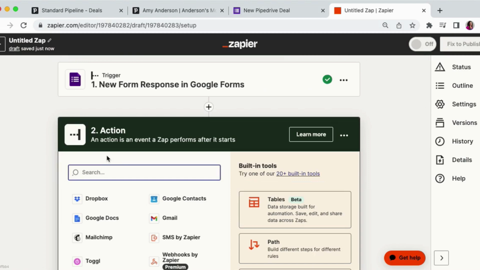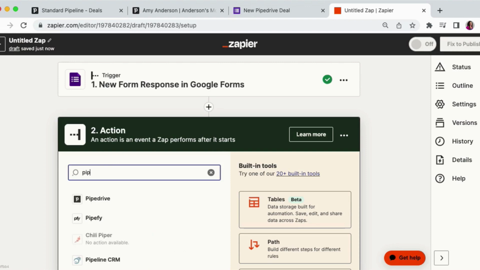So I click continue, and then because I have a company here, which you won't always have if you are a B2C company, you may not be using organizations at all. That's totally fine. But because I have a company, I'm going to, as a first step, find or create the organization. So in Pipedrive,